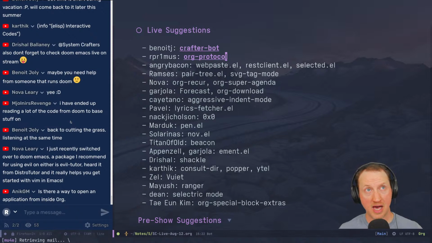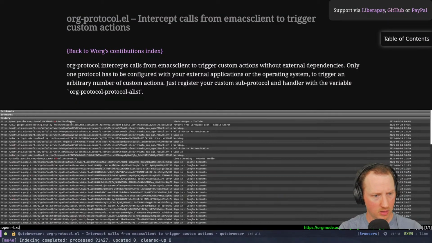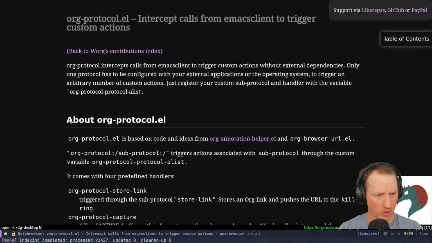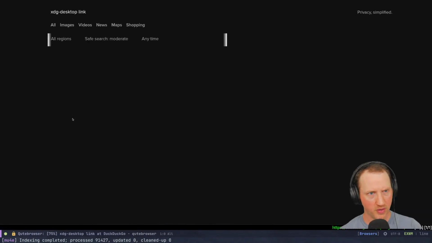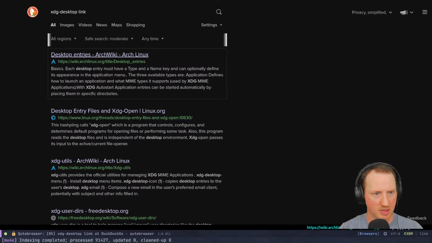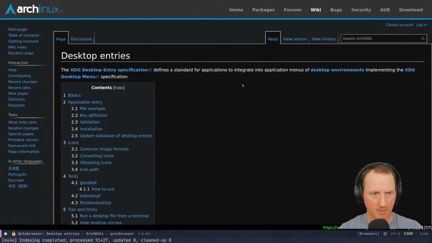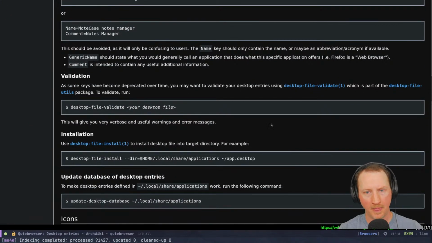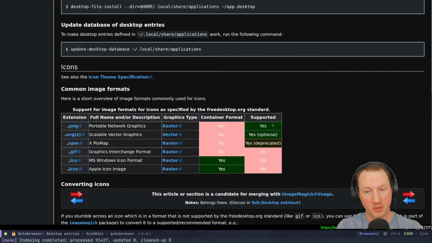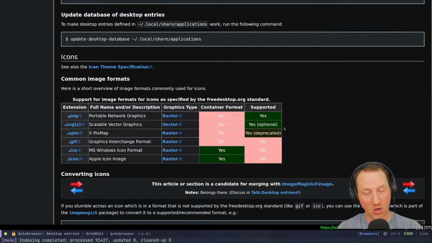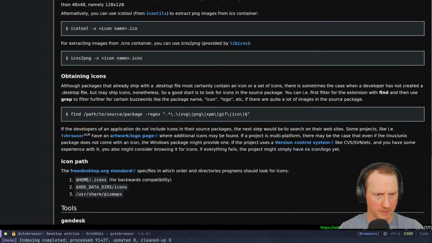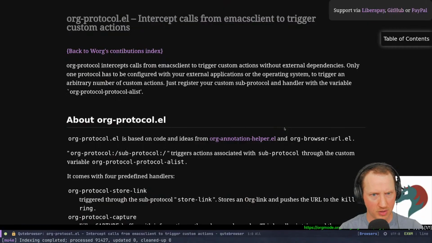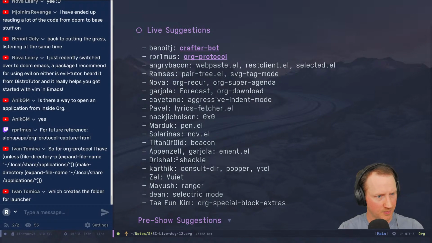Probably if you're on Linux, you can open the XDG desktop links if you put that inside of an org document, because the protocol handler for the desktop environment should actually be able to pick that up and run it. But I'm not sure what that would look like in practice, though it's definitely doable, because that's basically what applications are doing from the browser. Like when you install a program that can be launched from the browser, that's what's happening usually. Launching normal applications, I'm not sure, but maybe you can use some eLisp for that somehow.